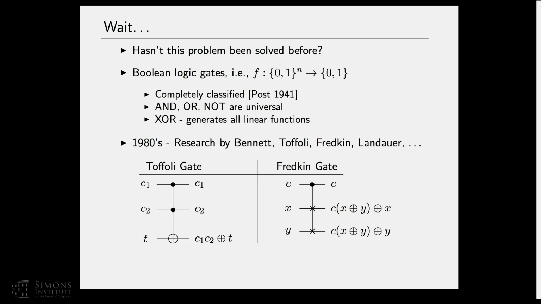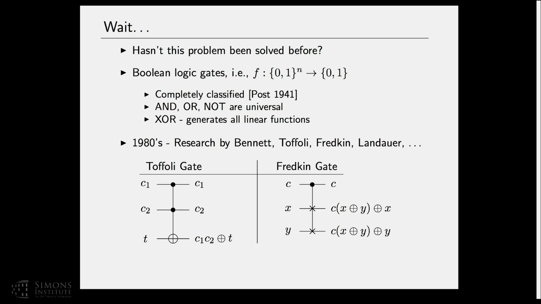So you might notice that for controlled swap, the Hamming weight of the input has to be equal to the Hamming weight of the output, because it's only swapping things around. So it conserves the Hamming weight. So clearly it can't generate every transformation. But it turns out if you work in an appropriately encoded subspace, the dual rail encoding, then you can do universal